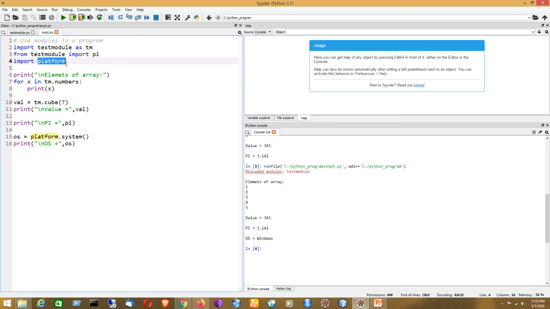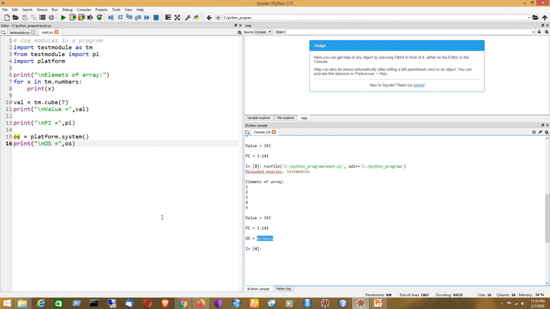By using the inbuilt module platform, I have used the system function from that particular module, and it will give you the name of the operating system on which you are working. That will be shown, and it is stored in this variable, and if I print this variable, that will be shown on the screen.